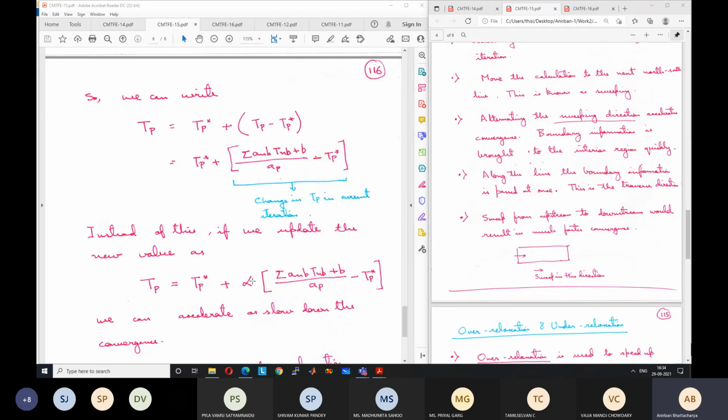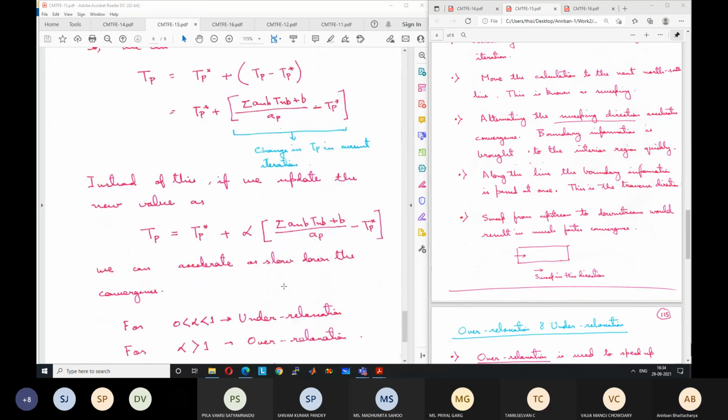So this is a very useful parameter to control the chances of convergence. If you reduce the value, your chances of convergence will increase. If you are facing any issue with convergence, you should play around with the under relaxation factor. It will take more time to solve, but chances of convergence will increase, if there is any issue of high nonlinearity. This factor is known as the relaxation factor, alpha or omega, sometimes it is written as. If it is between 0 and 1, it is called the under relaxation factor. If it is greater than 1, it is called over relaxation.